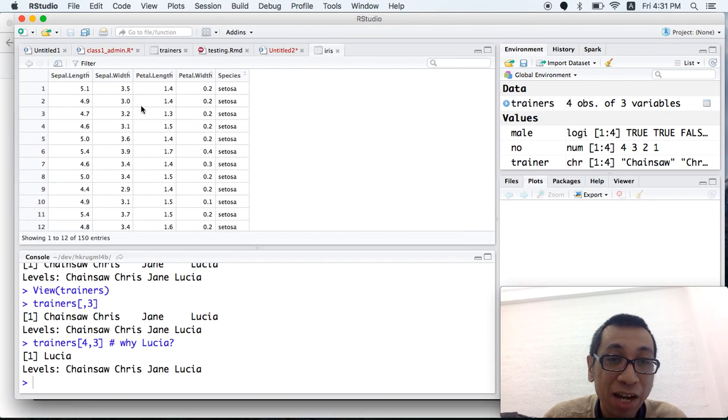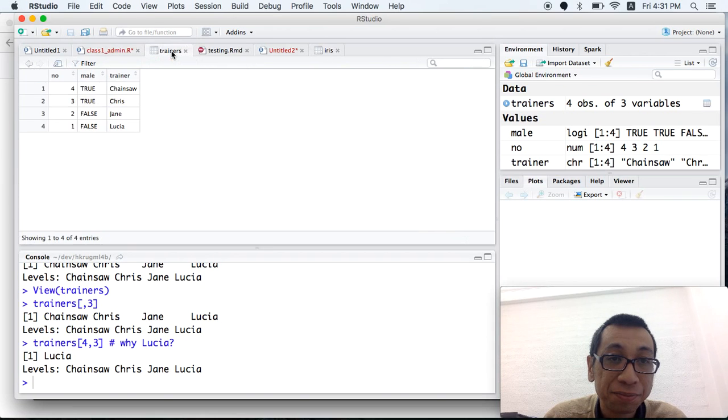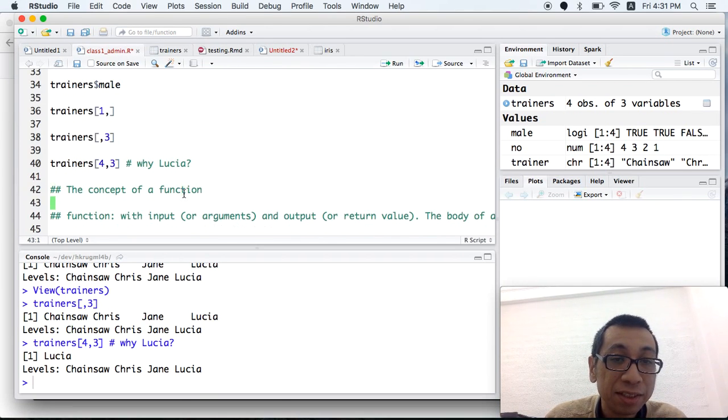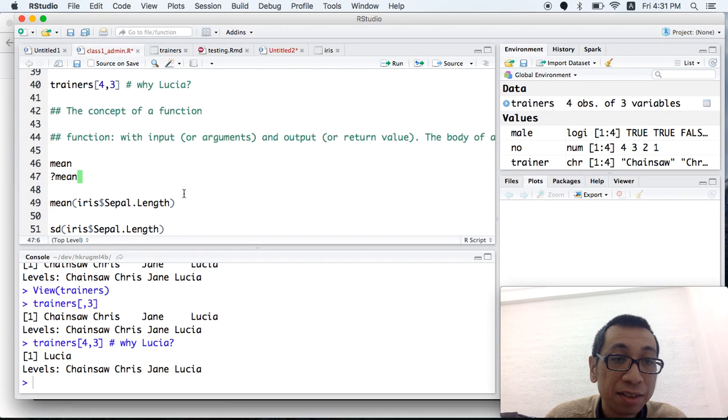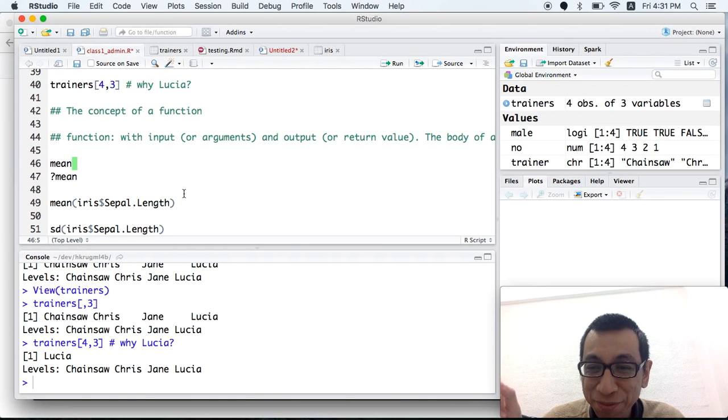If you look back at the data trainers, the first number 4 is the 4th row, and the second number, comma 3, means the 3rd column. So we will get Lucia. You may not get it the first time, but try to run it multiple times until you know what is going on.